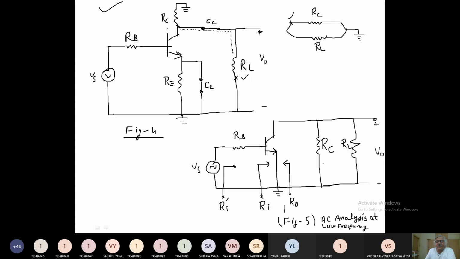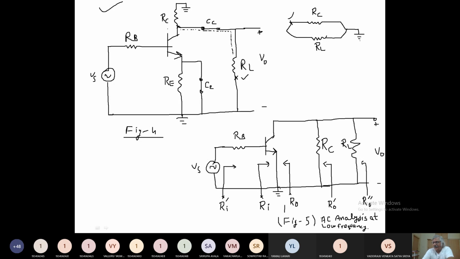And if we stand here, then RC will come in parallel to RO. Then here we will get another resistance, we call it RO dash. And if we stand here at this place and measure the resistance, then that resistance we denote as RO double dash, in which RC will again come in parallel with the internal output resistance.